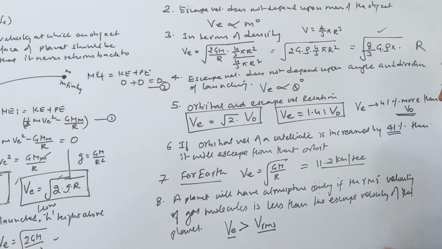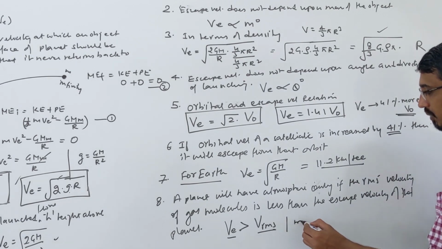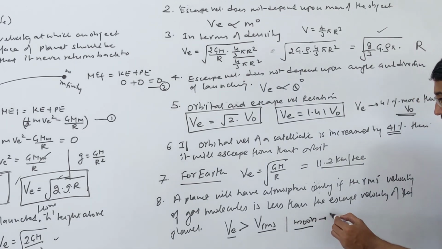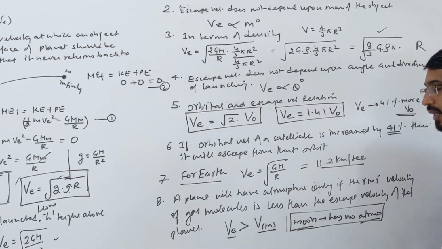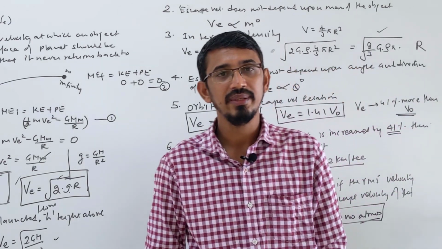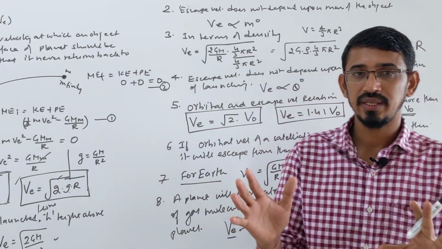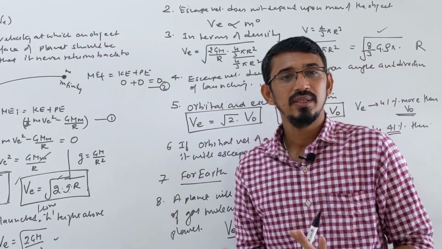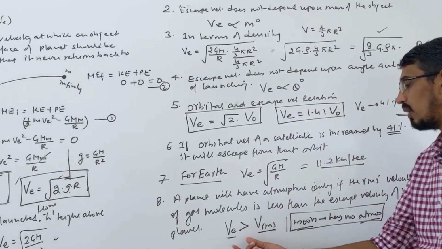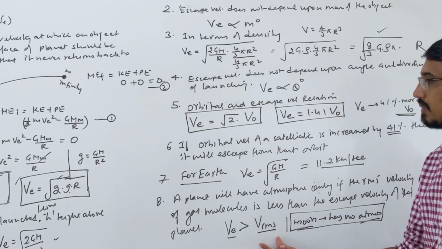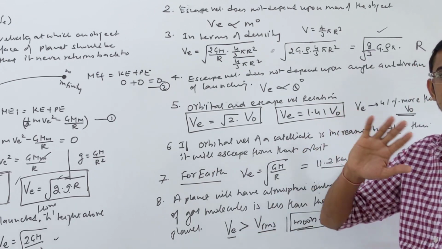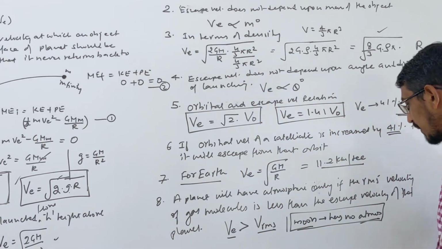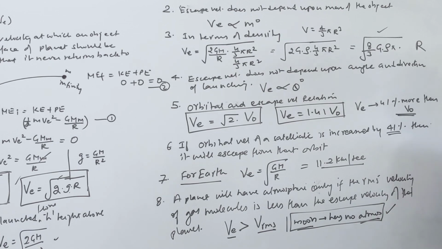For example, the moon has no atmosphere. Right now, we know the moon has no atmosphere. Why? Because of this reason only. On the moon the escape velocity is very less. So all the gases that were there just escaped from the moon because of the very low escape velocity. The RMS velocity of the gas molecules was higher than the escape velocity. So all gases escape from the moon, and it has no atmosphere, clear.